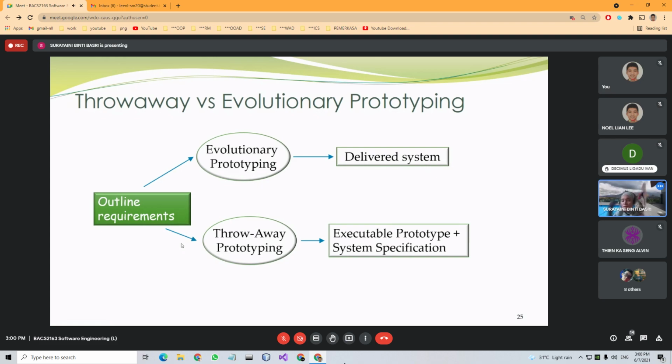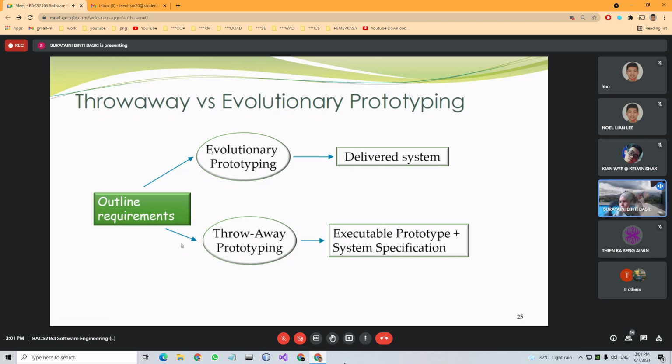From the evolutionary prototyping, you will end up with a delivered system because you use the prototype as the first draft of the system and you evolve from it. But for the throwaway prototyping, you will throw it away, but what you will get is the executable prototype and the system specification. At the end, you will get your executable prototype, but you will discard it later, and system specifications,